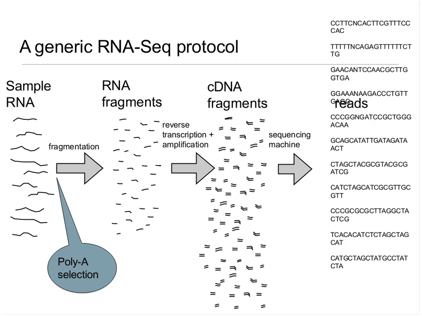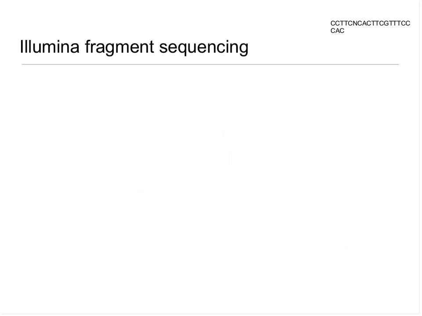There are a number of other protocol steps that can be added here, depending on the application. One might be to do poly-A selection near the beginning, which will restrict your analysis to only those transcripts that are polyadenylated, which is typically the protein coding fraction of the transcriptome. There might also be a size selection step near the end, which restricts to those size RNA fragments that you're interested in. Typically, those are restricted to maybe 200 to 300 base pairs in length.